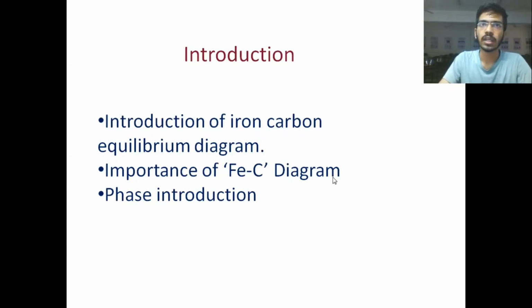When carbon is added as an alloying element, there is a specific temperature at which phase transformation occurs. The iron carbon diagram represents the phase changes that occur during cooling and heating of steel. We start with iron and end with carbon. It contains phases such as ferrite, austenite, pearlite, cementite and ledeburite. So let's see the iron carbon diagram.